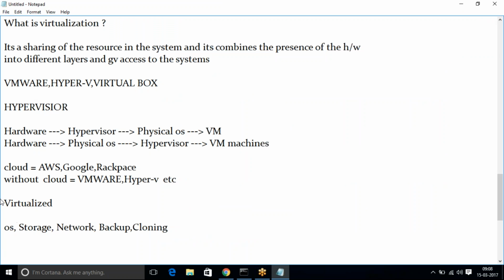That's almost virtualized. So your storage, network, backup, everything is virtualized by the cloud vendor. Virtualization is cost-effective because it does not give you a headache with those expensive, ever-higher costs, and it is also cost-effective and more reliable. And the thing is, if you go with the virtualized option,